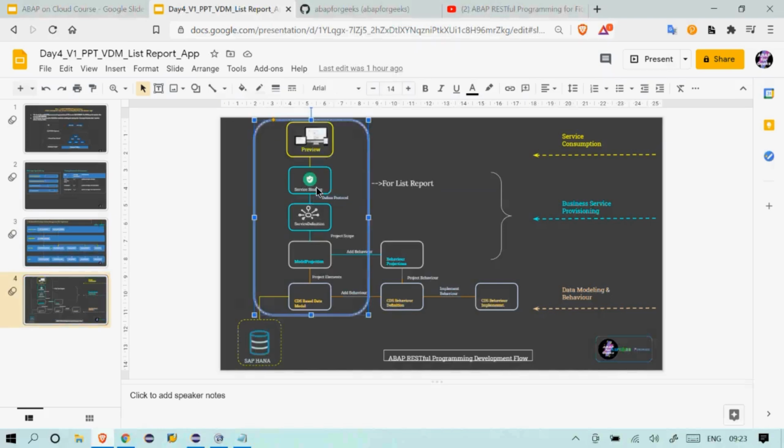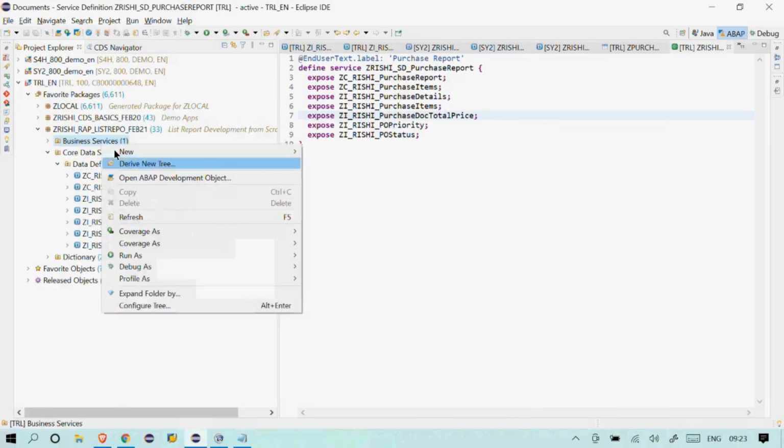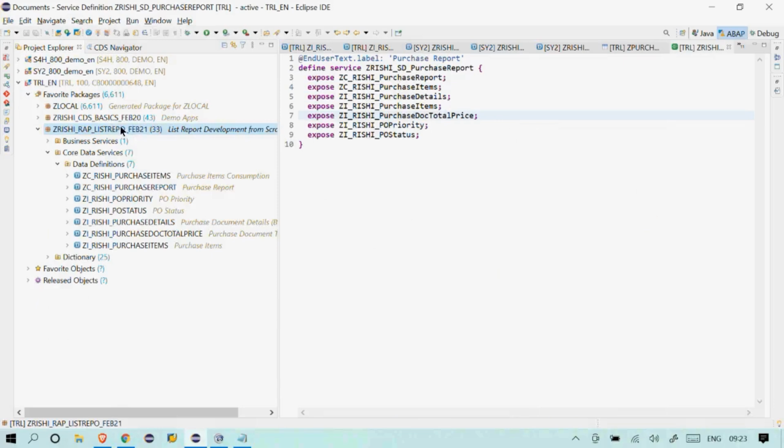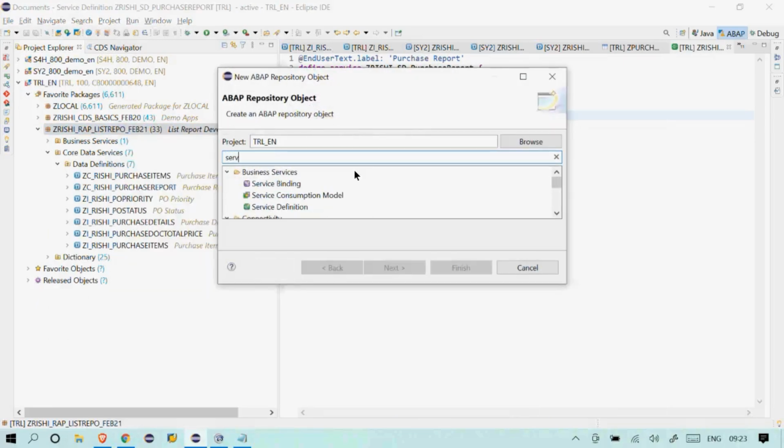Creating the service definition is done. The next one is service binding. So I'll create a service binding. Right click on the business service, new service binding. Also you can right click here. Same steps, search for service binding.